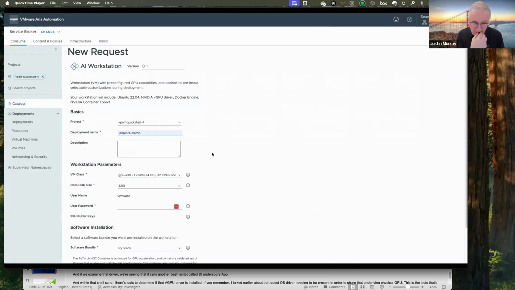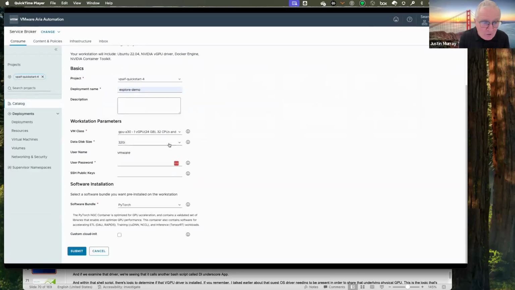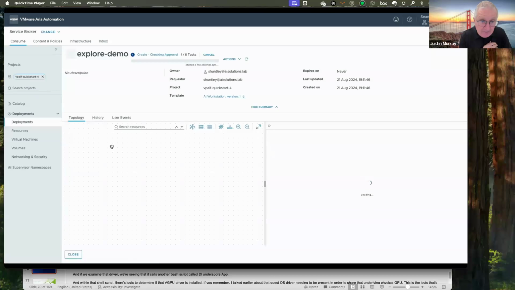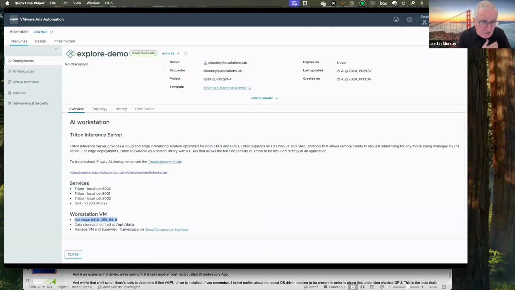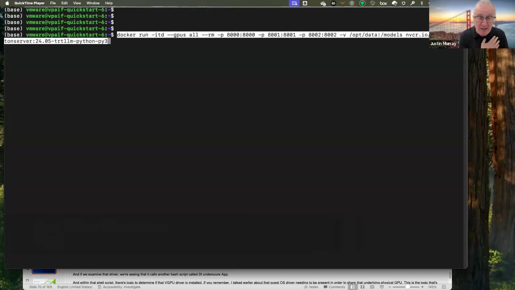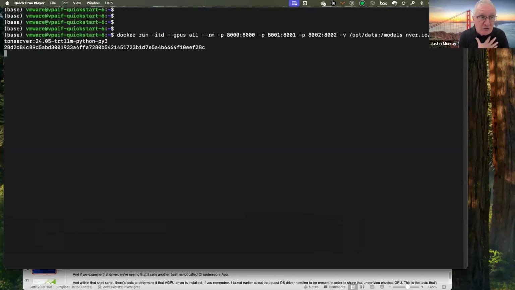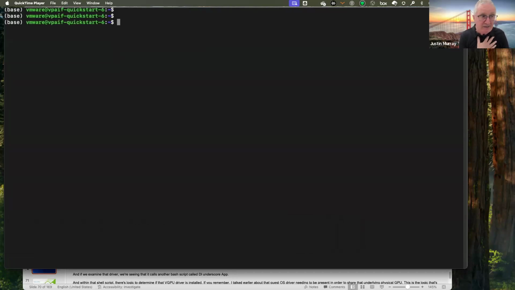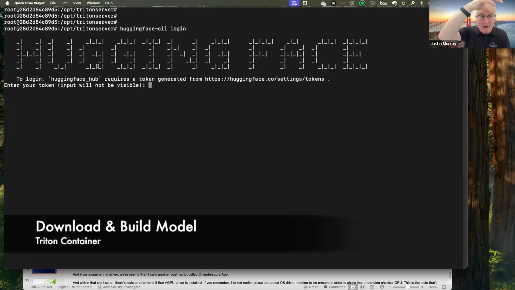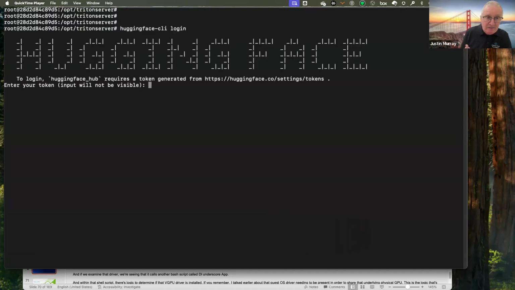So here I'm creating a deep learning VM into which I'm going to use the Triton inference server from NVIDIA. And I'm going to do that in order to test out a model that I've downloaded from Hugging Face. Here's the automation. I've now SSH'd into my new deep learning VM, and I'm running Triton there so that I can run models. That's the NVIDIA component that was downloaded for me. When I exec into that NVIDIA Triton container with a shell script, I'm now going to go to Hugging Face with my user ID and download a model that is of interest to me as a data scientist.